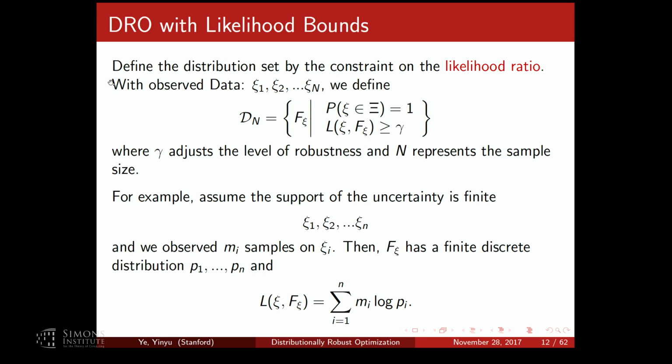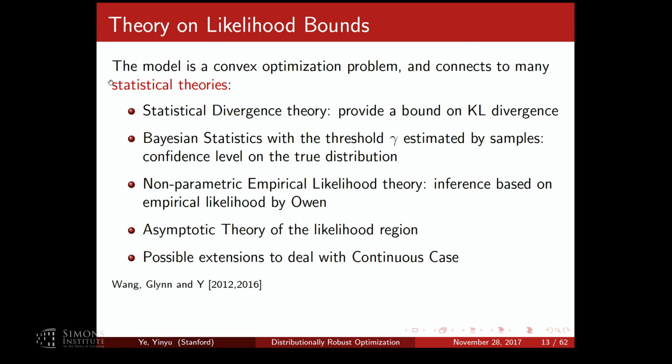So this is the max likelihood function, and it's greater than gamma, of course. In practice, you adjust gamma to a reasonable tolerance, to be less robust or strongly robust. Okay, so this is another way to do this.